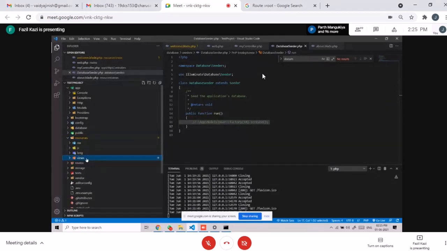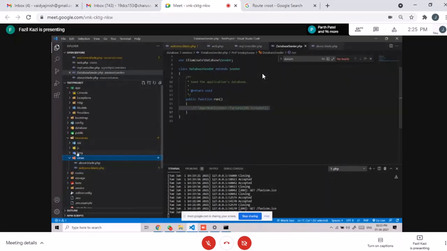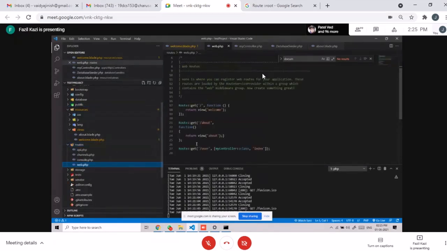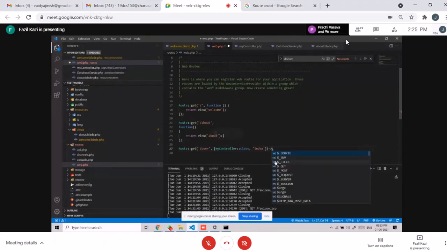Now in views, if you want to call this view directly, you can also do it from here. In our route folder, we have given it a name, like user. We can define this route name with name equal to user.